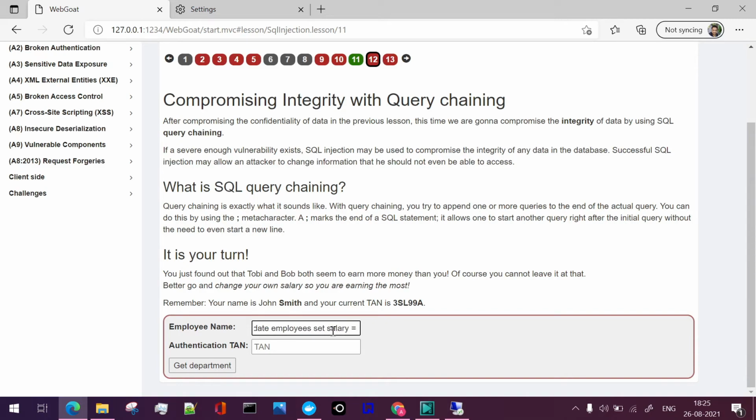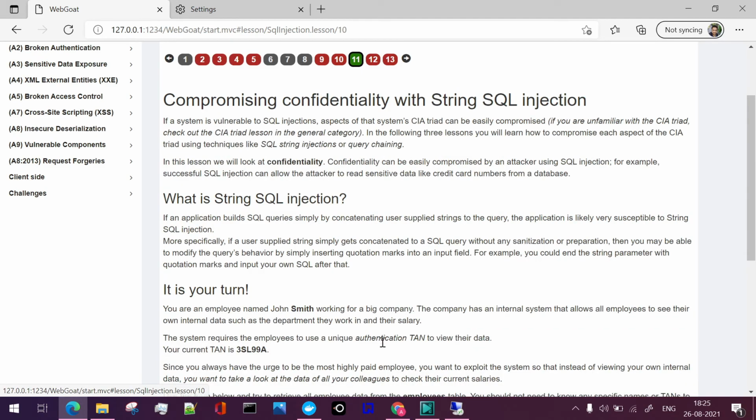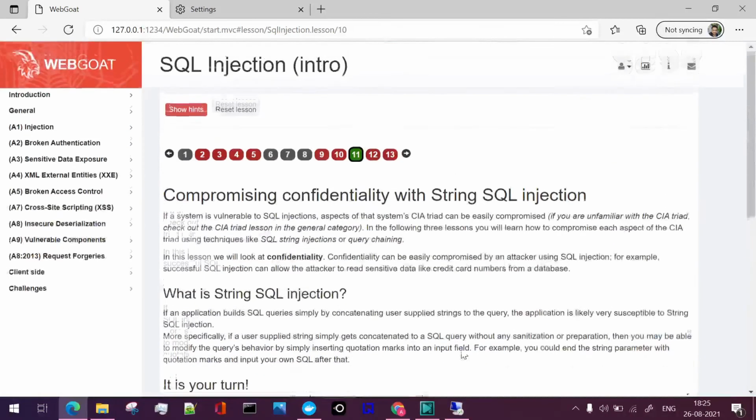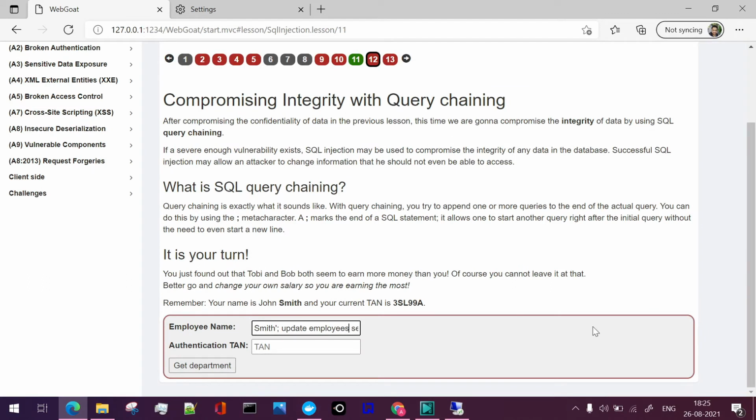Suppose we just copy the salary. Here we'll set the salary as 701, where we'll have to give the condition where this salary needs to be updated. We'll say where